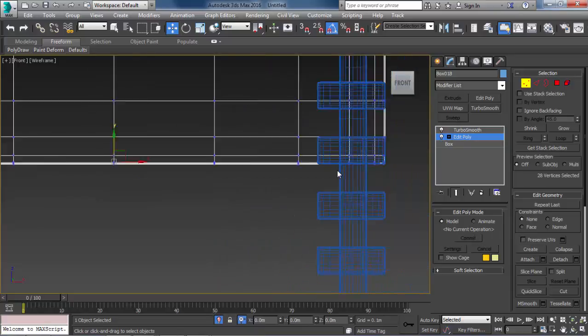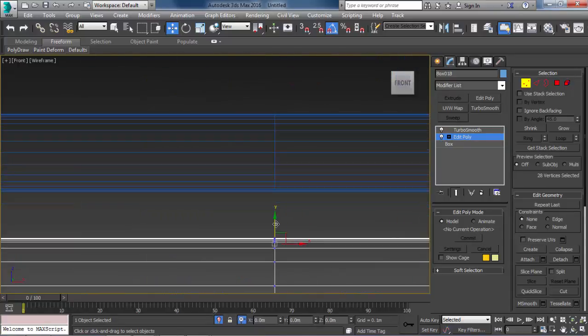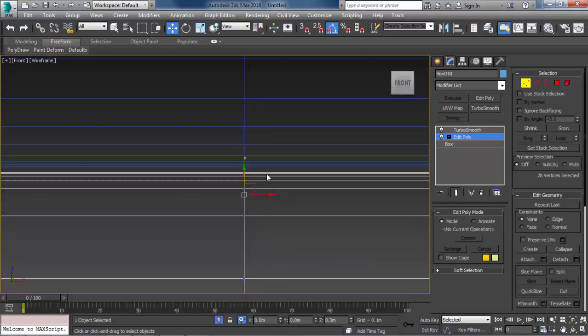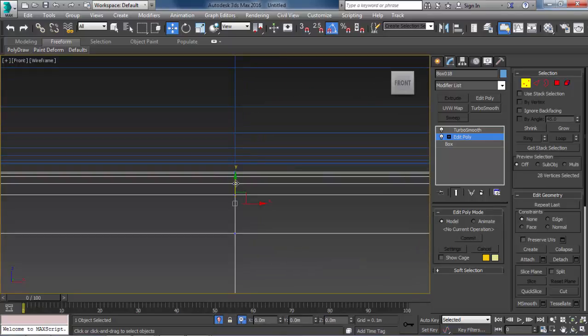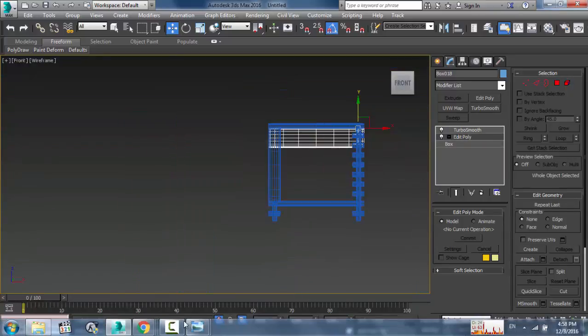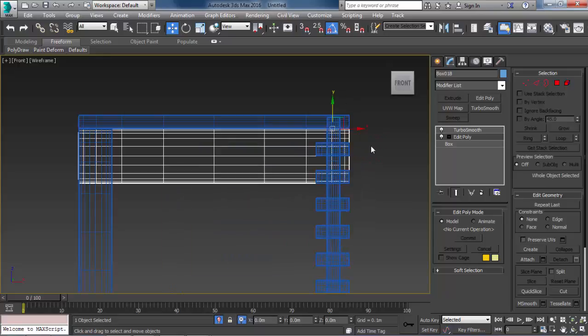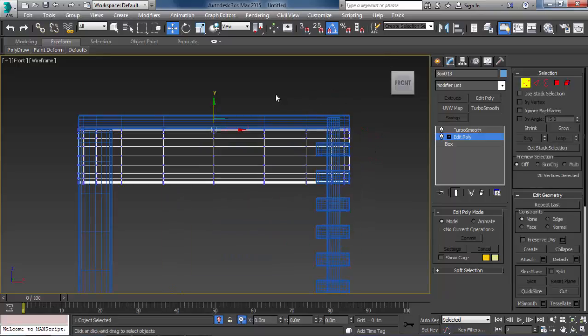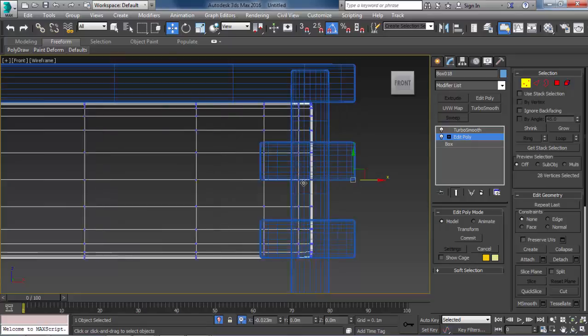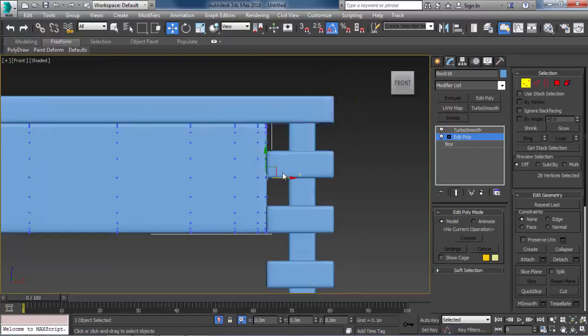Here. Now move this down. Also there, just touch, do not intersect. Good. So also move those so they touch on this.